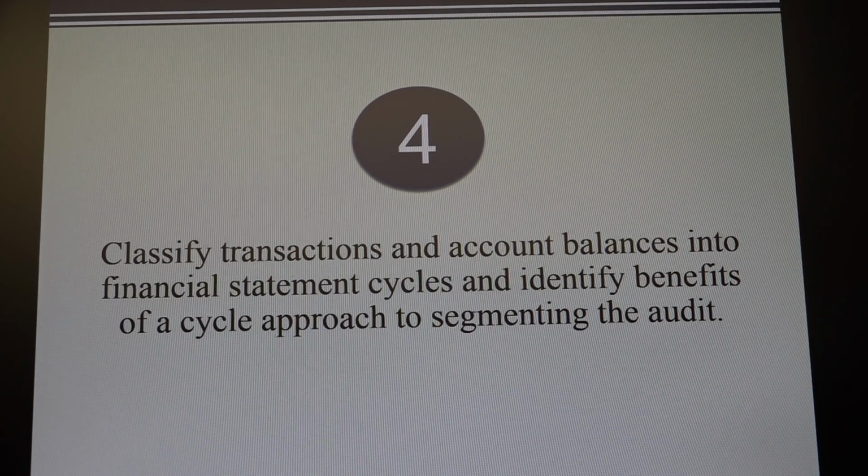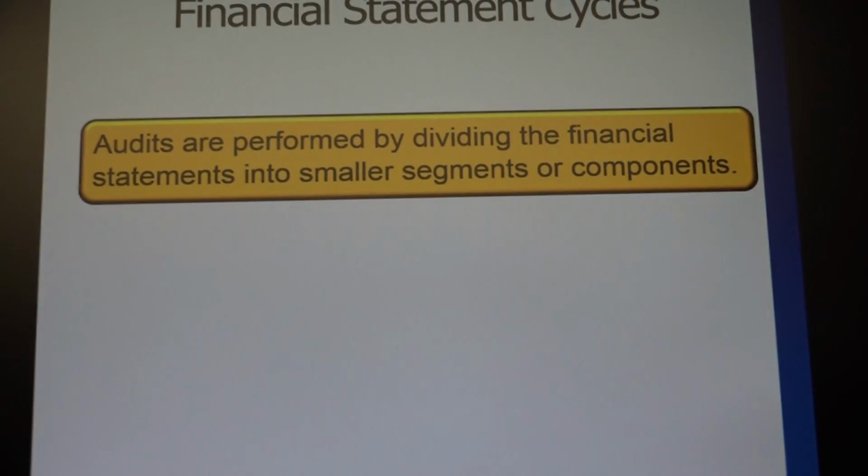All right, so what we try to do is we try to break this audit down into what they call financial statement cycles. And this helps us to classify transactions and account balances more easily. And so normally what we do is we break these down into 6 different cycles. And if you look at figure 6-3 and some of these other pages as well, you see there some of these cycles. So you have the sale, well actually it's 5. It's sales and collection cycle, the acquisition and payment cycle,